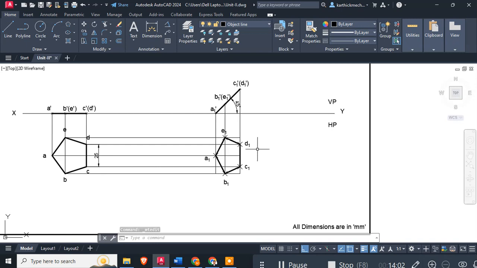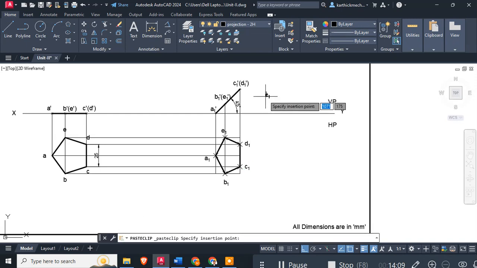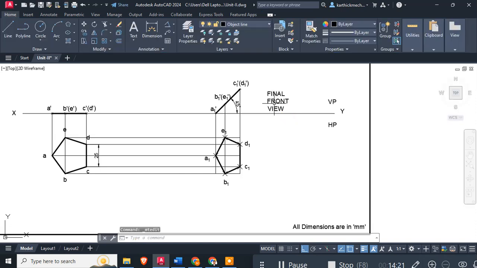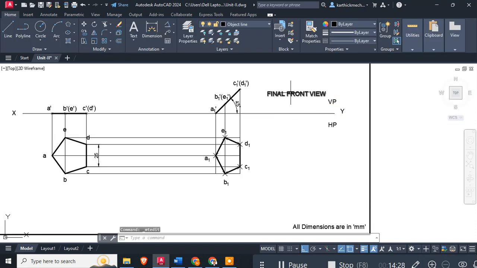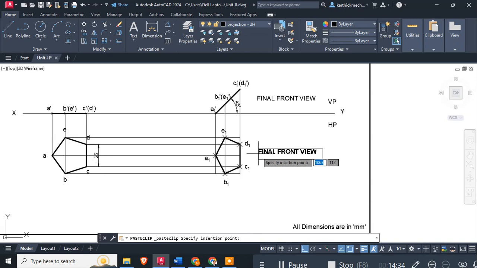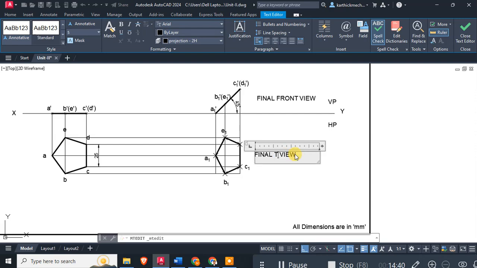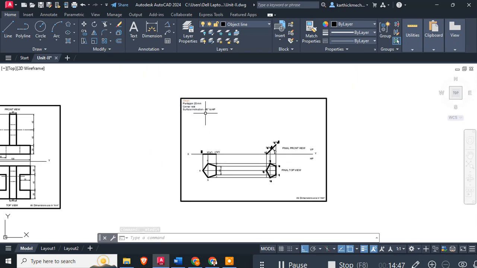And if you want to write, final front view, and you can change this also. You can drag here and here. This is nothing but final top. All dimensions are in mm. If you want to change the